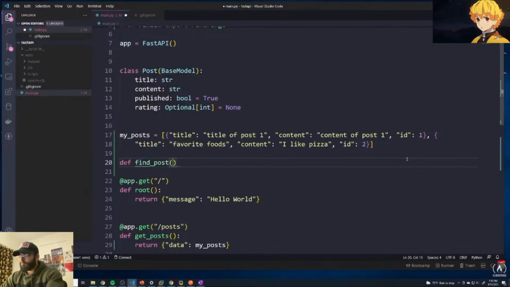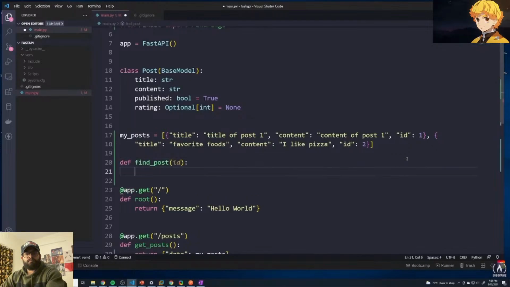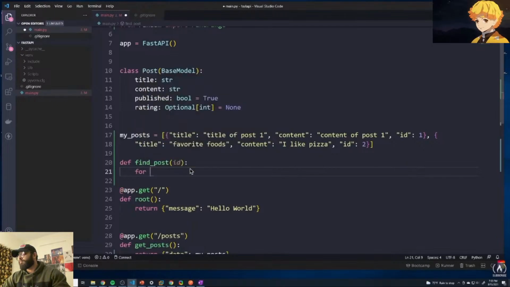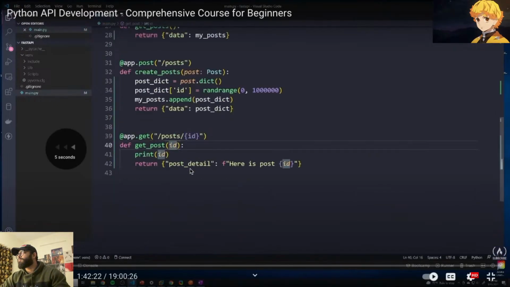So this is how you find a post by an ID. So we'll pass in an ID in this function to retrieve the post, and what we'll do is we'll iterate over the my post. So we'll say for p in my posts,